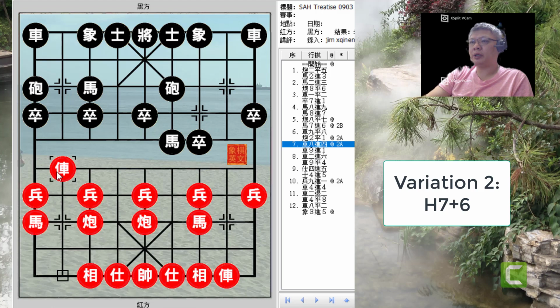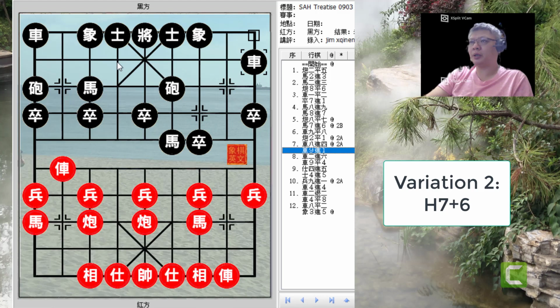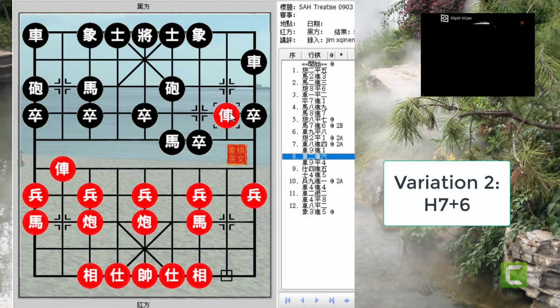Now, since red had already commanded the riverbank rank, black would decide to develop his left chariot with r9+1. So the black chariot would be prepared to play r9=4. Red cannot try to command this line before black because this intersection was covered by the black horse. So usually red would try to attack with r2+6, preparing for a fork,